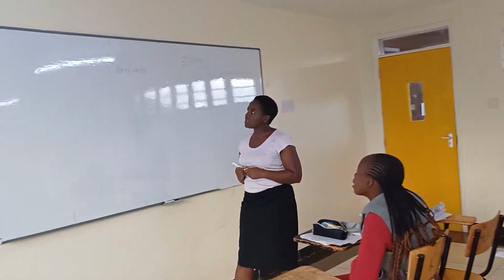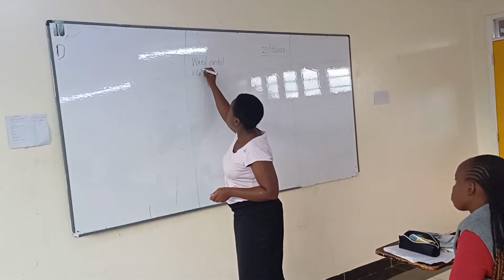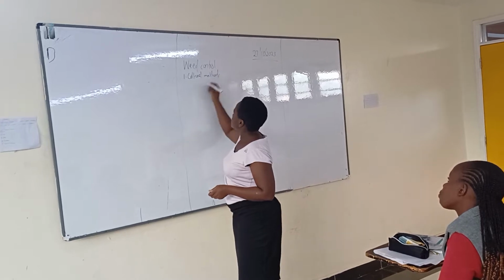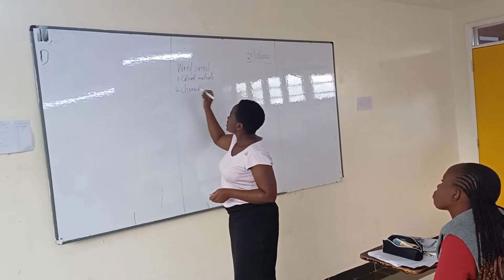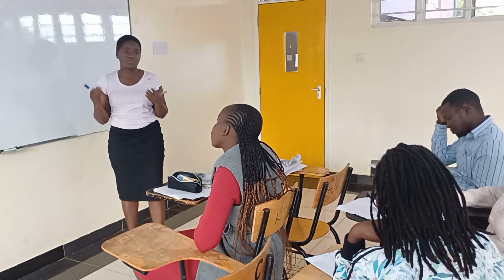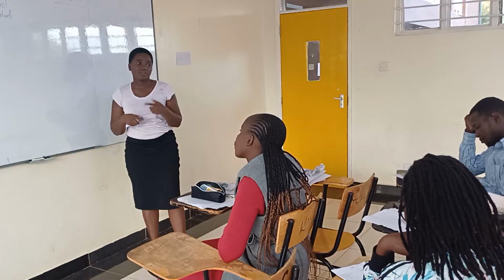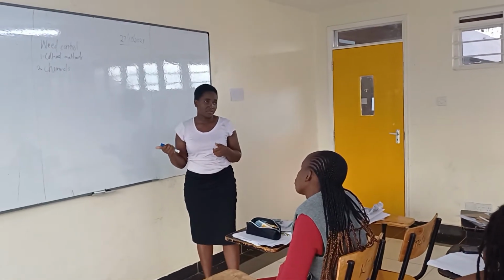So we said there are many methods of weed control, and last week we did cultural methods. Today I want us to look at chemical methods, okay? In chemical methods, you're using chemicals or agrochemicals to control the weeds. Some weeds are stubborn. You can uproot today, but tomorrow the roots will still remain in the soil, and then they will sprout again. But when you use chemicals, chemicals are more effective.